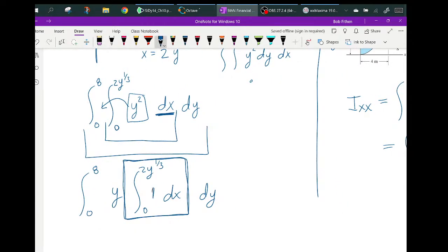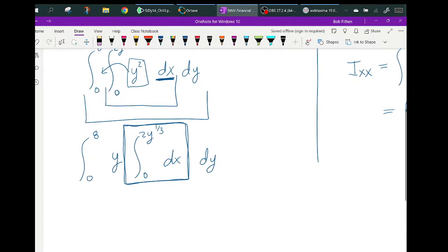So it's like a 1 or a constant in there. The y is just going to sit in there or sit out here. It really doesn't matter. The y can be drawn out. So what do you get here? That internal integral ends up being simply 2y